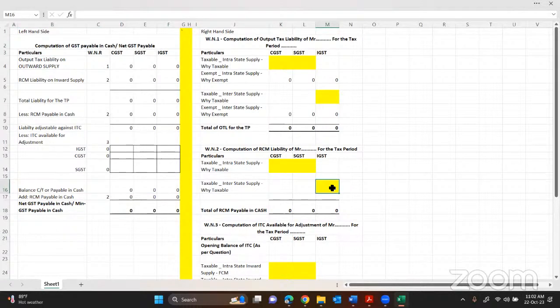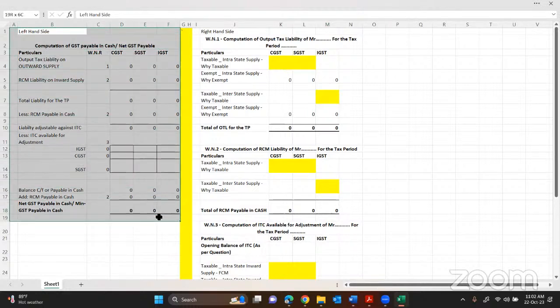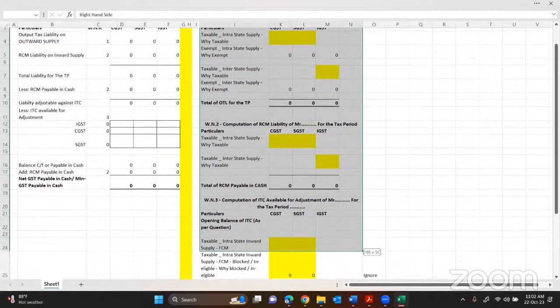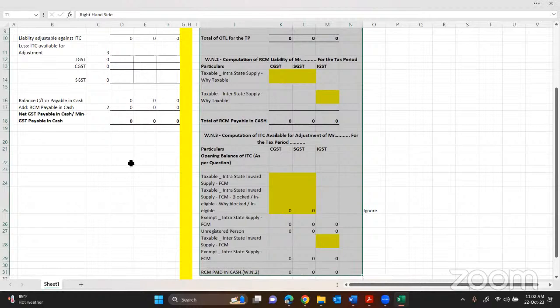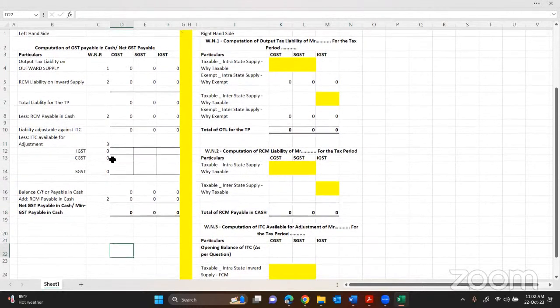Any doubts? If I substitute numbers in one problem, you will get it, but before that, you should have the format in your notebook. And in the exam, remember, the left-hand side is for the main answer, whether it is an ITC problem, valuation problem, composition scheme problem, supply problem, this overall problem, or interest calculation. The main answer should be on the left-hand side. On the right-hand side, working notes alone should be there with explanations. Everybody, my dear, are you all with me?